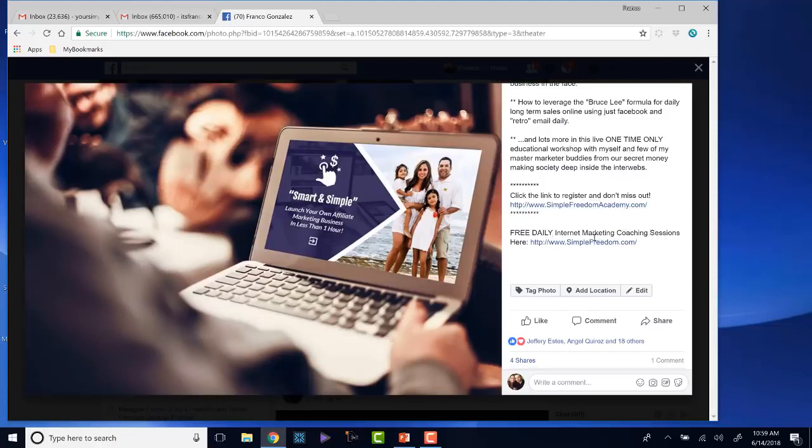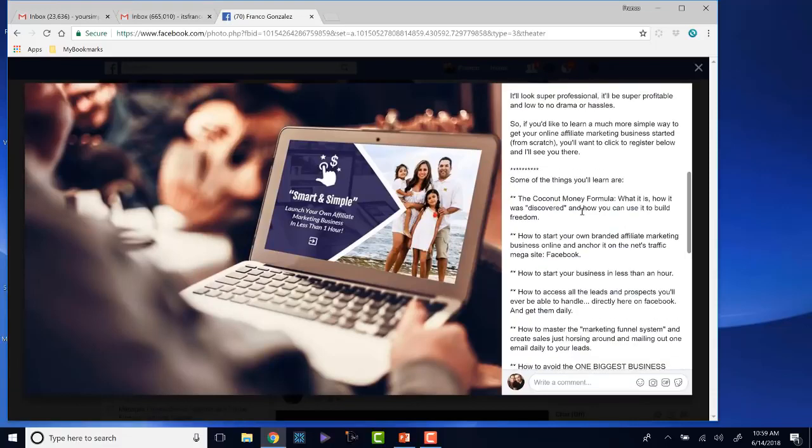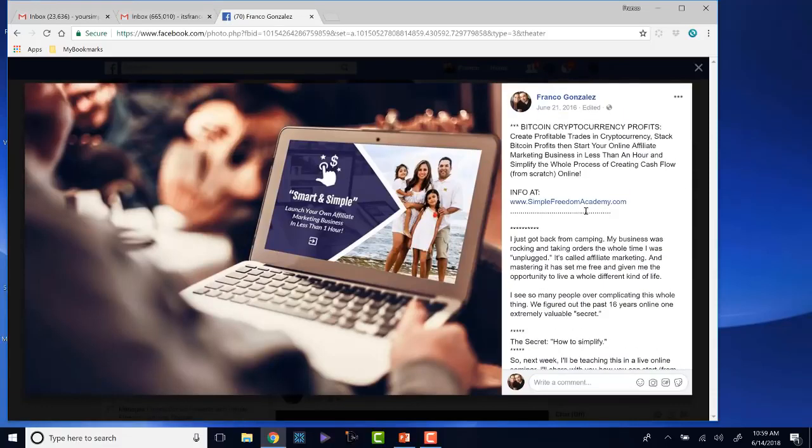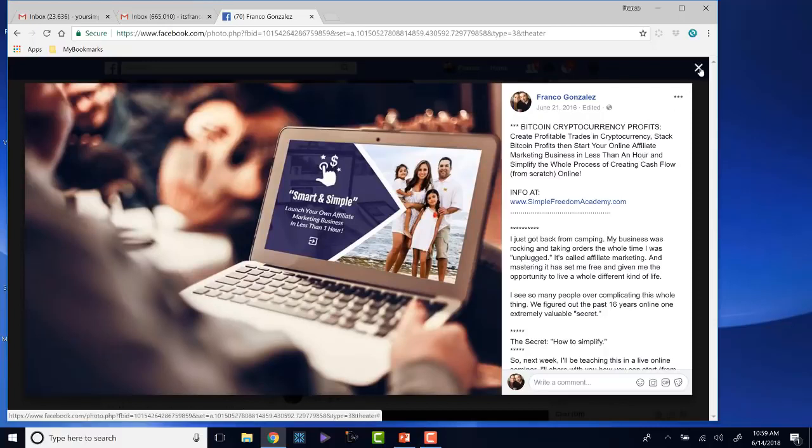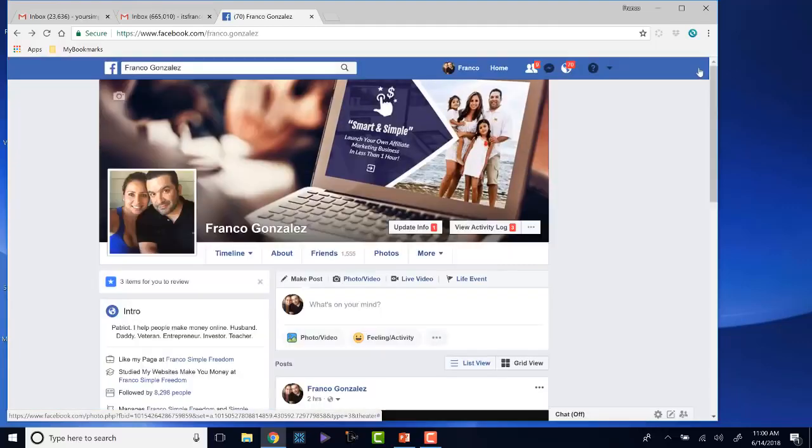You can have your funnel link right there. Right? You can model that. That's what I do with a picture. Step number 1, tell the story of the picture. Step number 2, transition into your invitation and your link. And you can reverse engineer by modeling what I do if you want. So that's your profile, that's your cover picture.